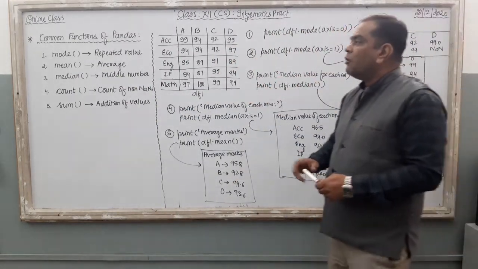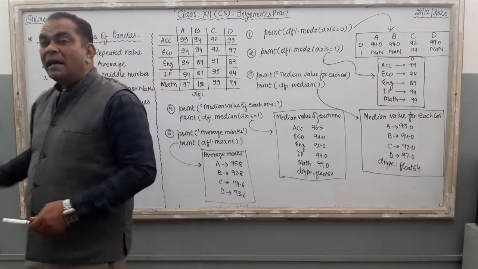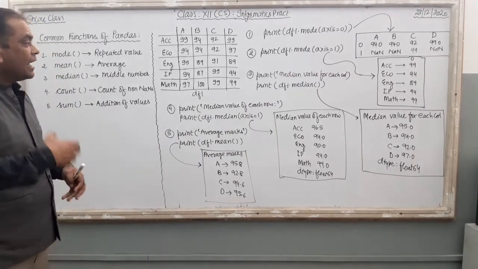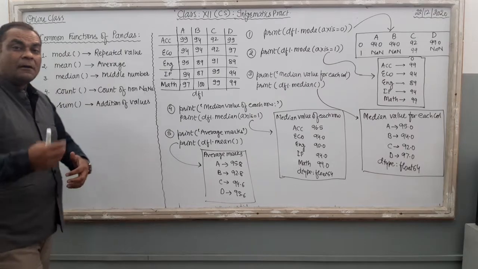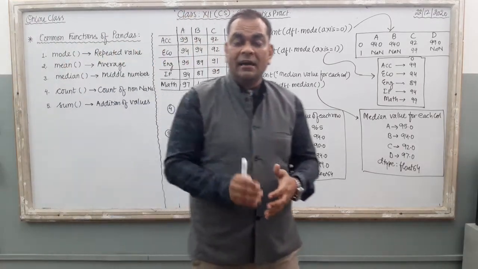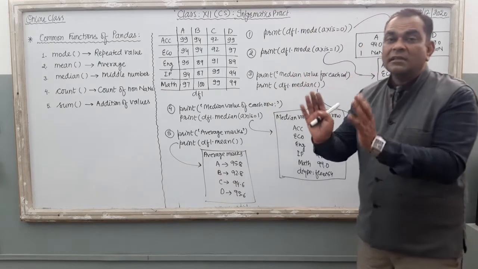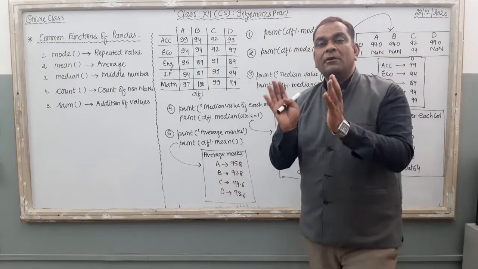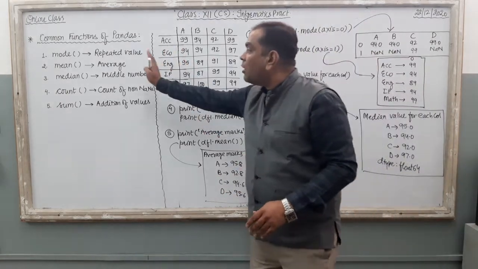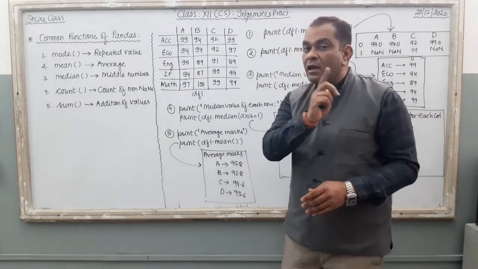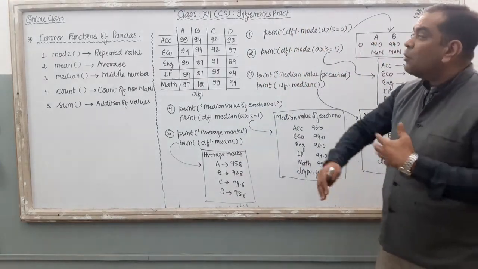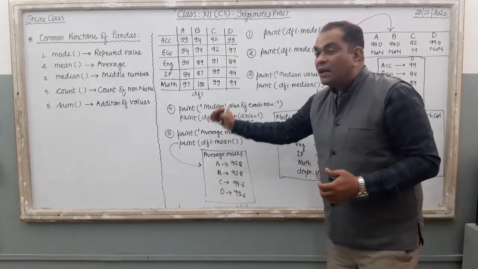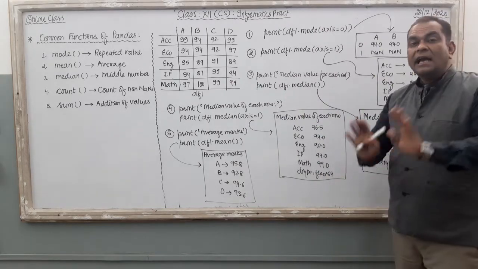So first, what is mode? Mode, mean, median, these 3 terms are directly related to economics, and according to economics, mode means the most repeated value in either the column or the selected row. If no value is repeated in the particular column, then the result of the mode operation is NaN, not a number. Clear? And if 2 or more values are repeated in the column, then both values should appear on the monitor as output.